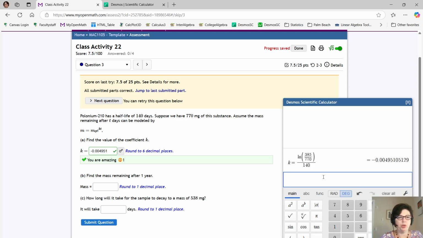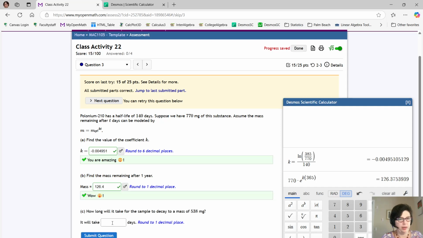My next step is to plug in 1 year to figure out what would be the new mass. So I'm using 1 year, plugging that for T. The original amount was 770, multiplied by e to the power kt. Now one thing that you need to watch out for is that it says 1 year, but T is actually going to be 365, because t is in days. That gives me about